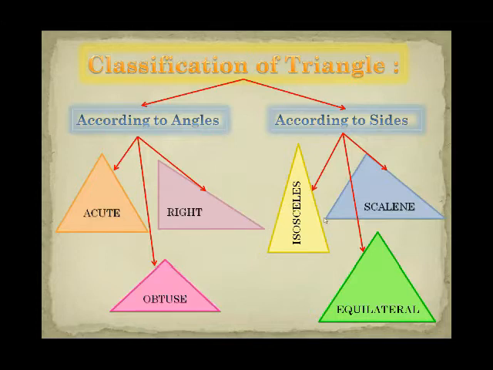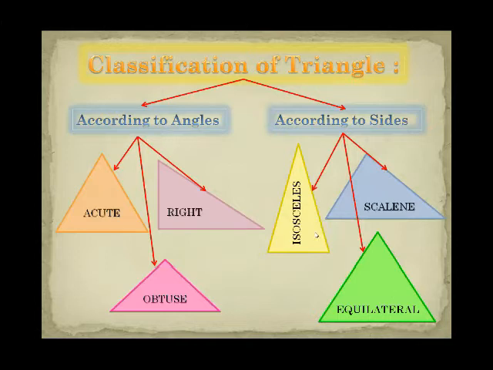Okay, an isosceles triangle has another property which says that the angles opposite to the congruent sides are also congruent. This means that if we construct an angle opposite to this side, as you see students, these two sides are congruent, so the angles constructed opposite to these sides are also congruent. Okay, now the third one is the equilateral triangle. As you see students, all the sides are equal in measure, or all the sides are congruent, so we say that such type of triangle is called the equilateral triangle.